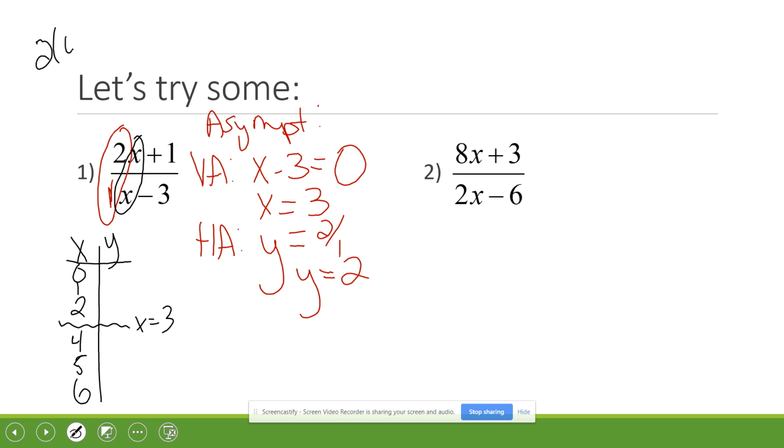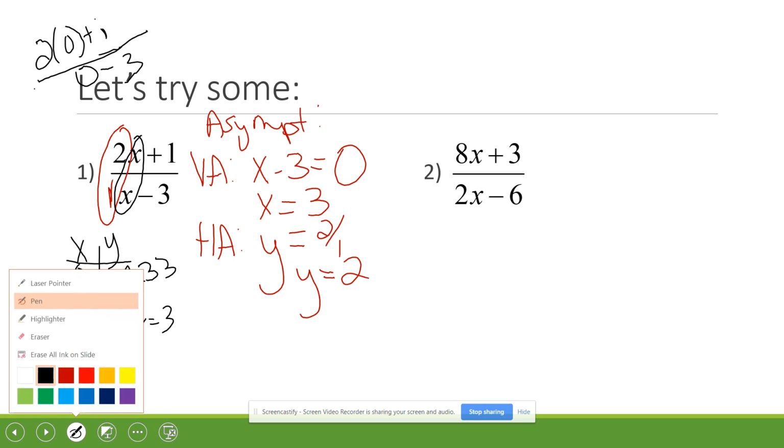So 2 times 0 plus 1 over 0 minus 3, as an example. So we get negative 0.33, or negative 1/3, negative 1.5,